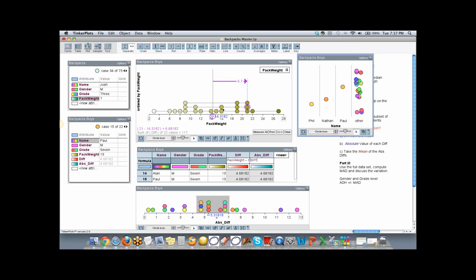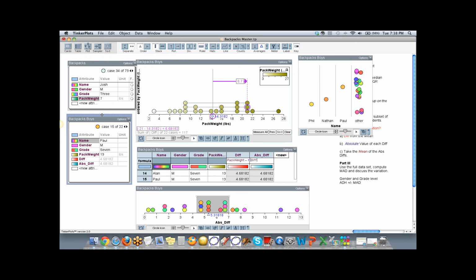So we'll see that some more as we go back to the full data set and talk about mean absolute deviation. What's happening here with pack weight, because it's numeric, we get a color gradient. And if I open this key all the way, where's my arrow? There we go. We see the range is from 3 pounds to 27 pounds. Something else that I want to make sure I talk about tonight is that you can add the units here. So we could put pounds in here, and it will show up on the graph. And it should show up on the graph, but that's not the right graph. Let me go to this one. Now you see why I want to get rid of a couple of those variables. So now we have pack weight, and we have our unit in pounds.